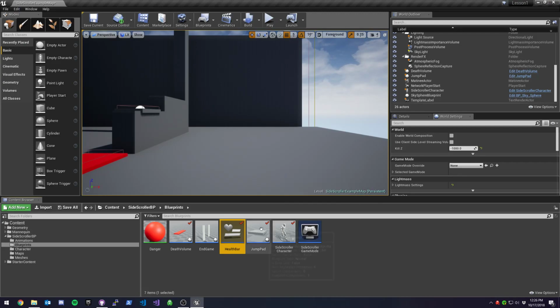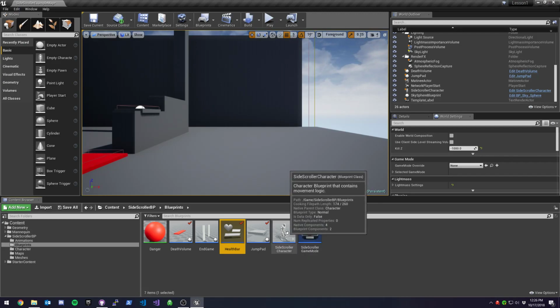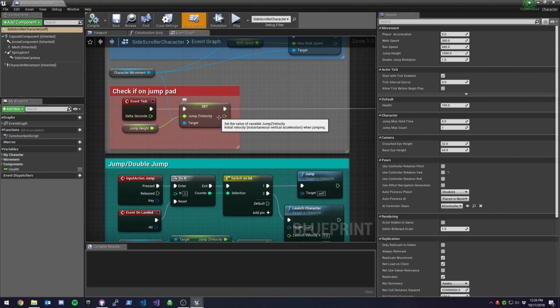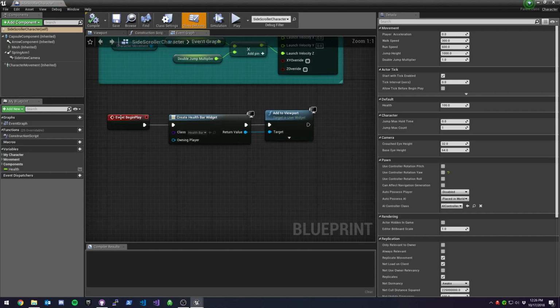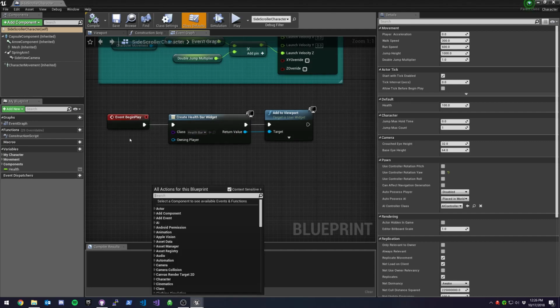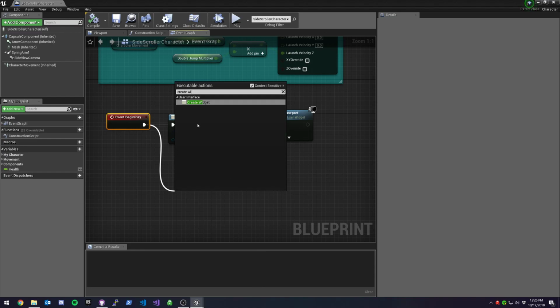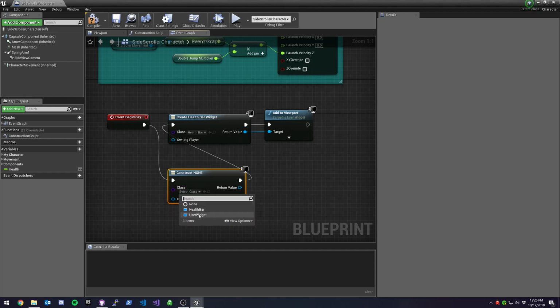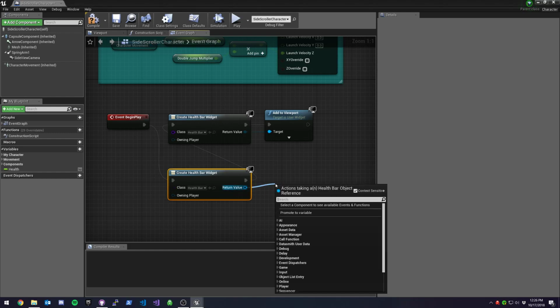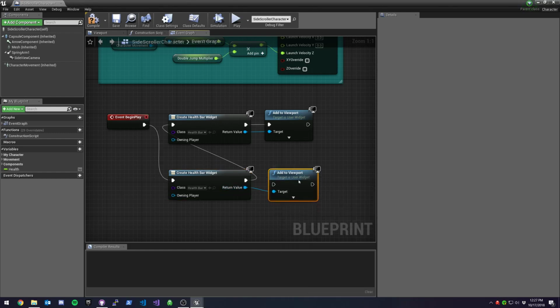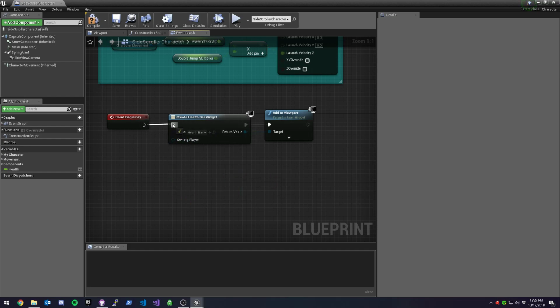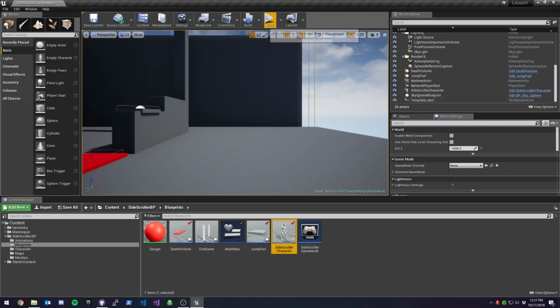And now the last step to getting this to appear on the screen is inside of your side scroller character. You're going to want to go to event begin play. You're going to want to drag an execute off that for create widget. And you're going to want to select your health bar right here. After you get that, you're going to want to run off the return value and say add to viewport. And then make sure you run your executable as well. Right there. Okay. So now that that is running, I'm going to compile, save, and inside of my game,